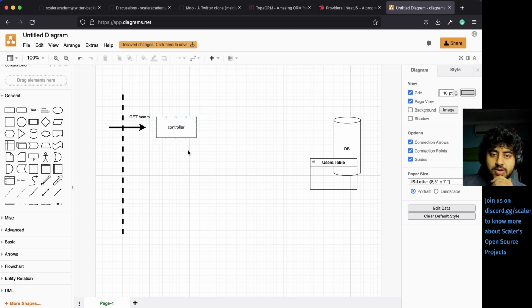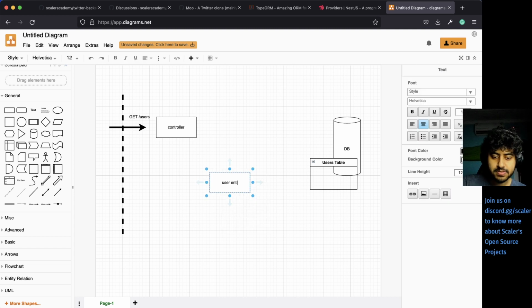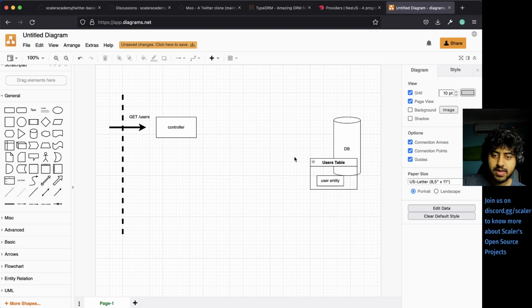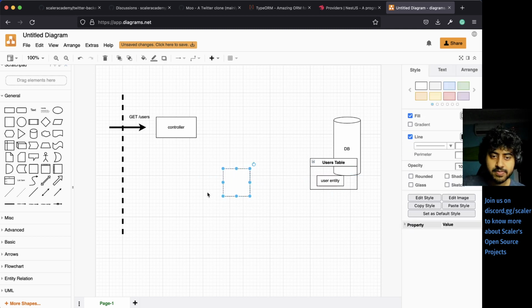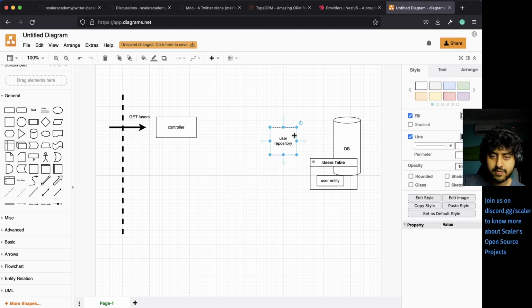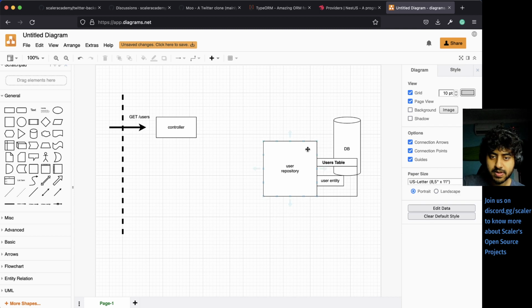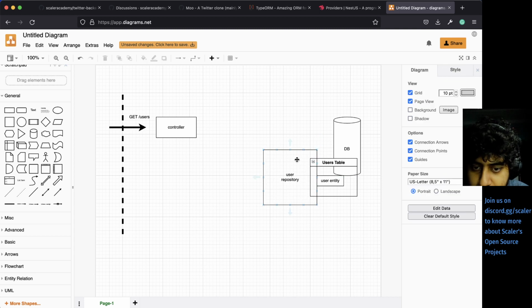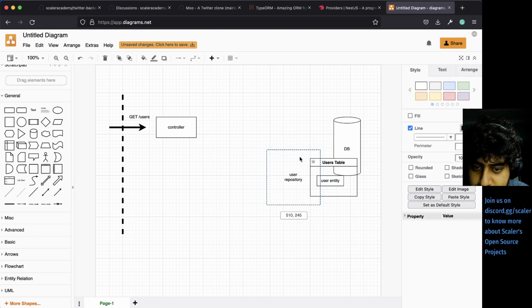Now you have your user entity, which represents every row that's gonna exist inside the table. So you create a repository. The reason you create a repository is, if I just put it to the back or make it a little bit transparent, if I don't fill it, okay, so the user repository is sort of